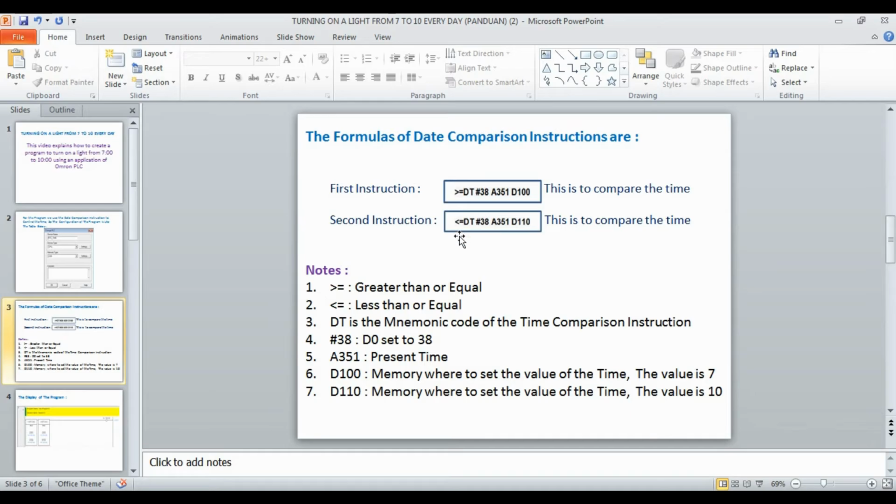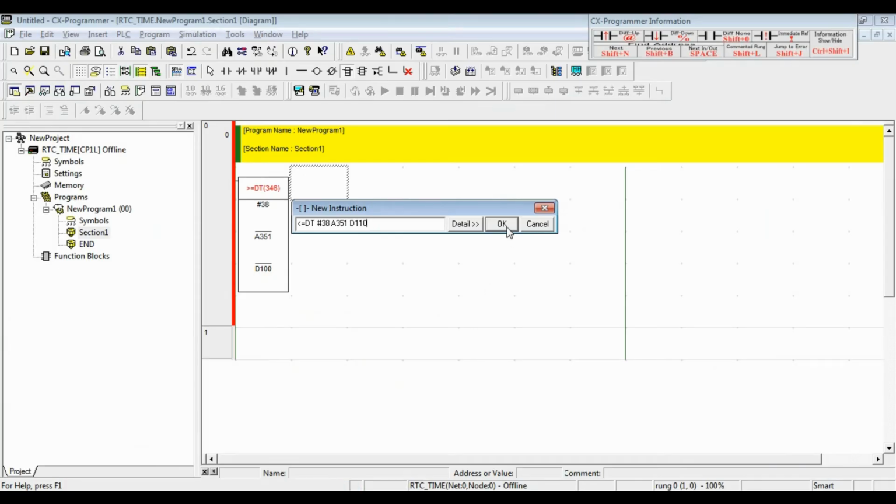The same like this. Okay, let's continue. Click OK. Comment: hour, minute, second. Okay. Comment: hour, minute, second. Click OK.